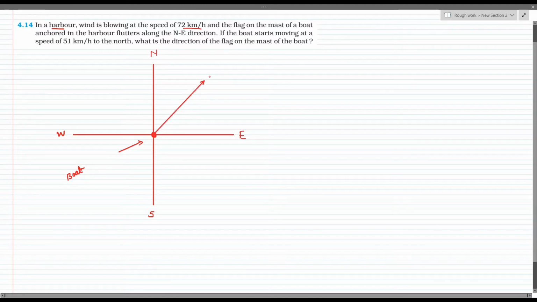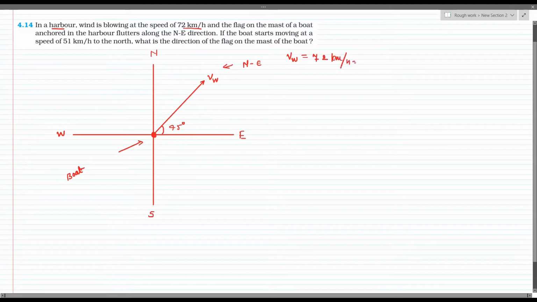So this is the velocity of the wind, say it is VW, right? Now, as it is a northeast direction, it is making 45 degrees with the east, right? Now, the next point is, I forgot to write here, the VW, the speed of wind, is equal to